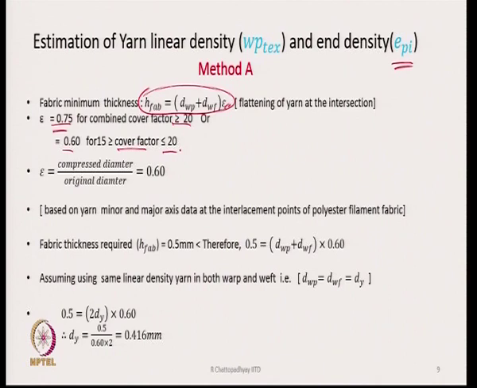This is suitable for filament yarns where twist is very low. For low twisted filament yarn, this is what has been stated,